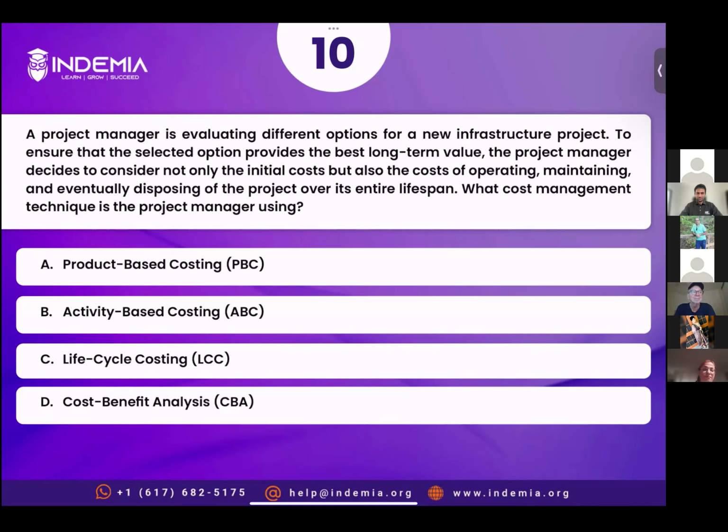All right, thank you. Vivek, you have chosen option B. Yes, it is mentioned for entire lifespan, but the lifespan is divided into different activities. So that's why I lean towards activity-based costing, since the different activities mention operating, maintaining, and eventually disposing also one of the activity. All right, so you're saying these are different activities. You're saying operations is an activity, or it's not an activity, it's a stage, but yeah, on a high level.